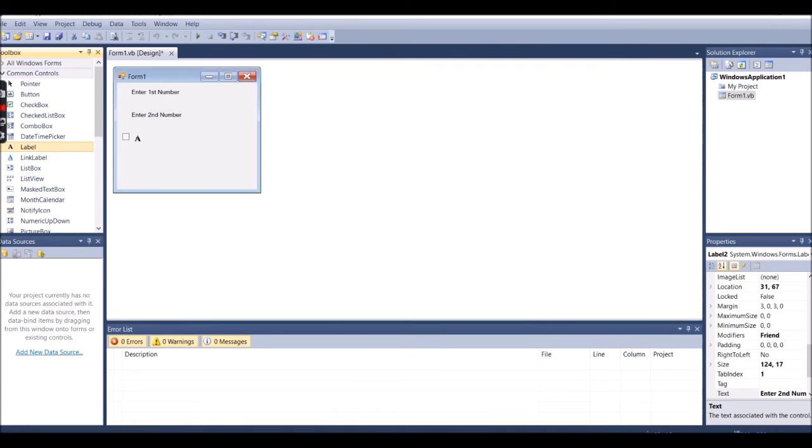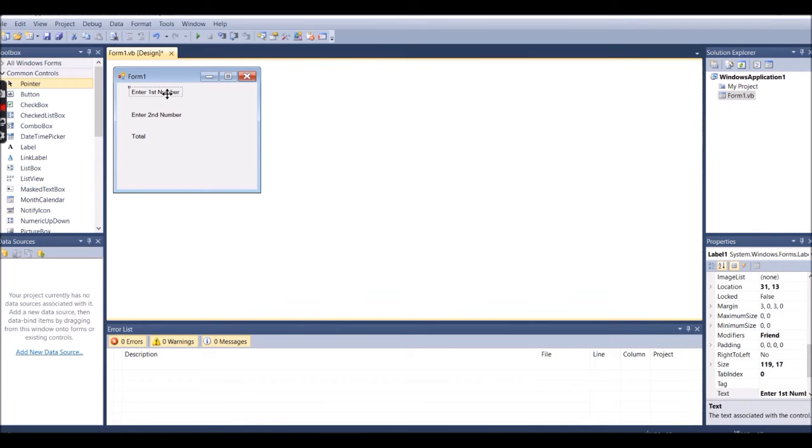After that, take another one that will be given as sum of the given numbers, or whatever you like. Total also you can write. I'm just writing Total, T-O-T-A-L. Okay, after that click here and put it here. Now these things are happening.